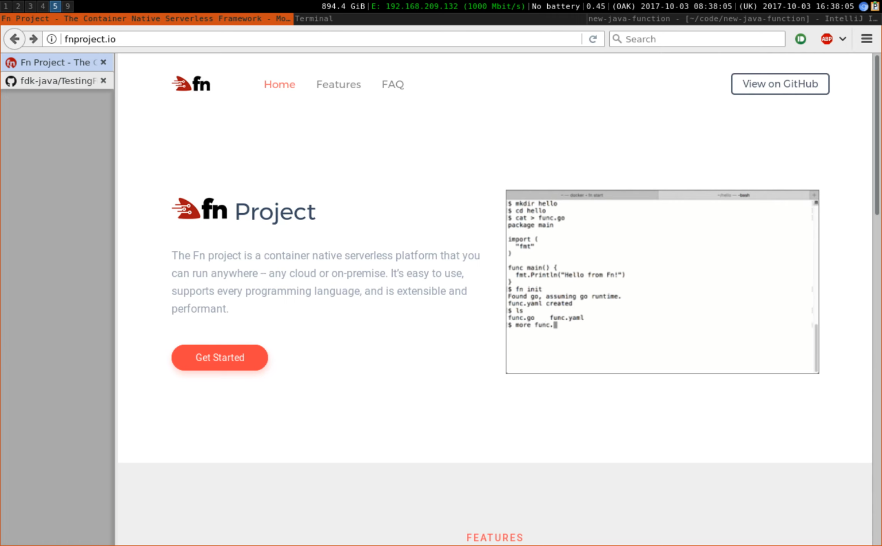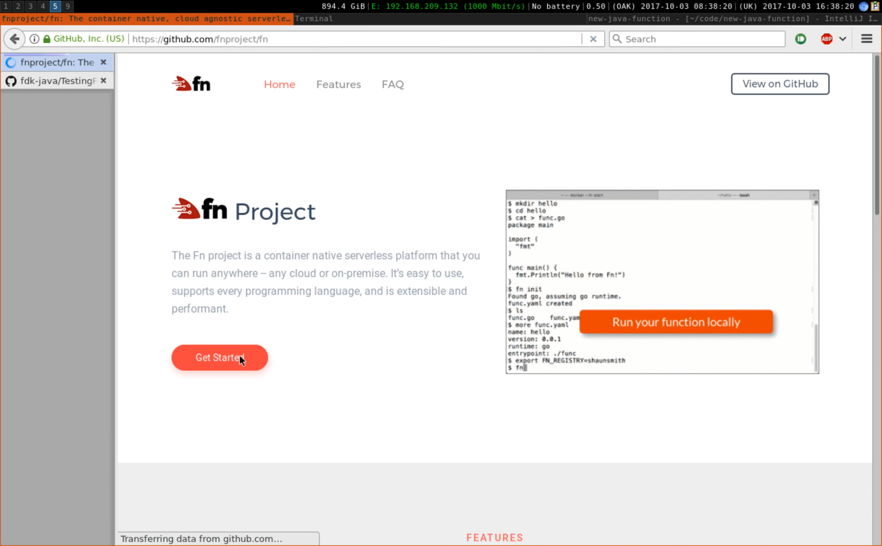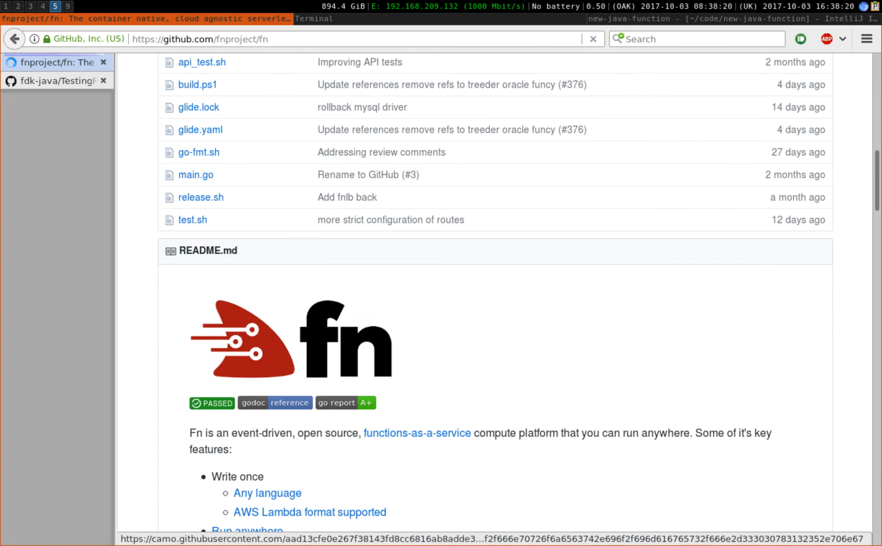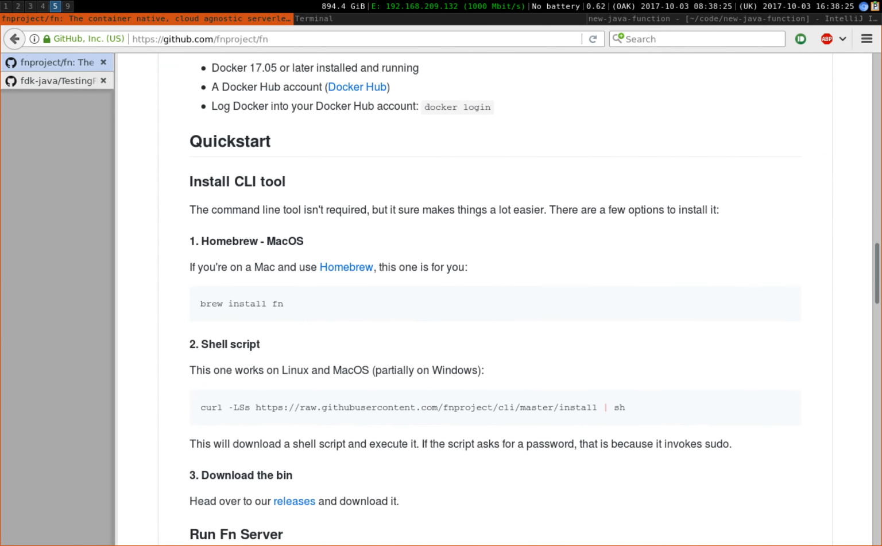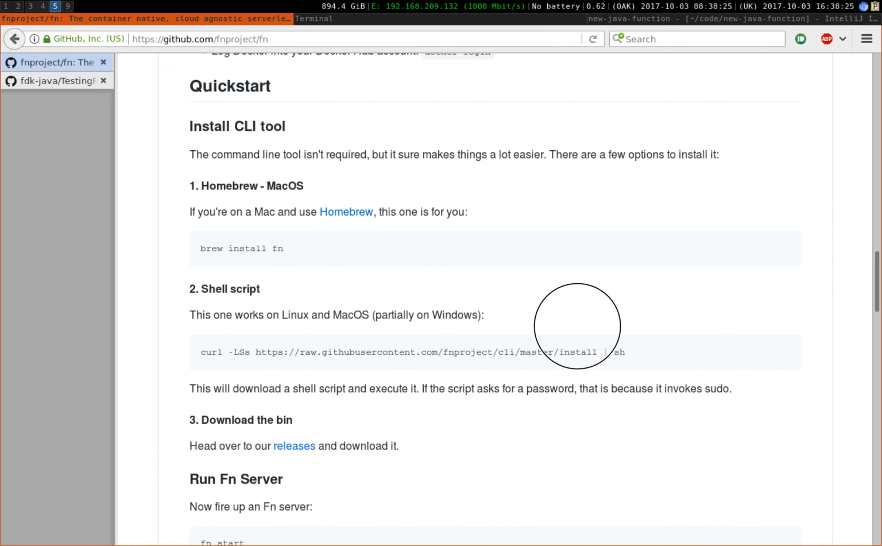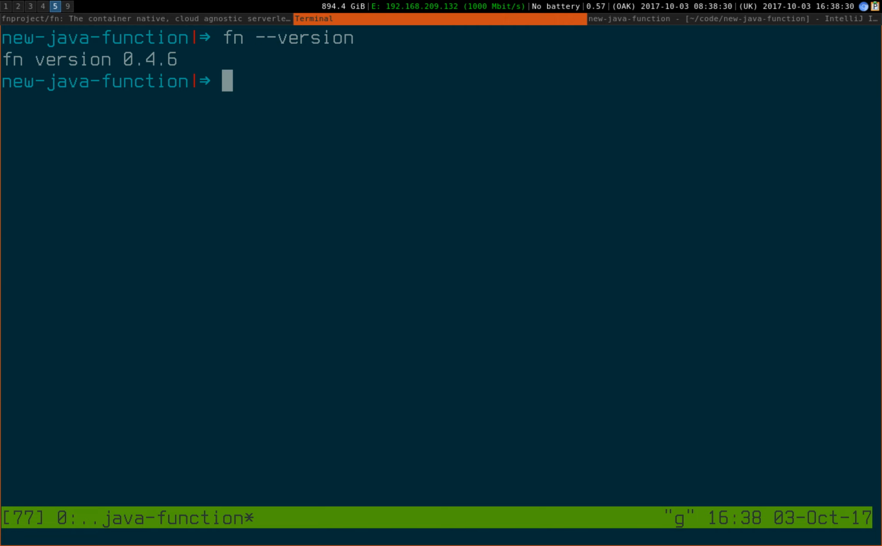So to start with, you need to get yourself over to FnProject.io, and there's this animated GIF that tells you how to install it and use it, but far easier than reading that and typing it out, you follow the Getting Started link and head down to the shell script install, curl pipe to shell, and I've done that already, so I have got the latest Fn as of this morning,